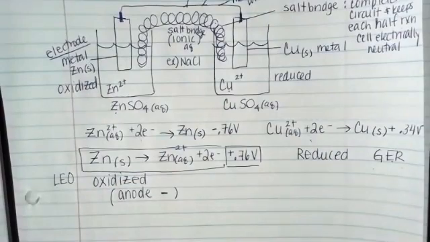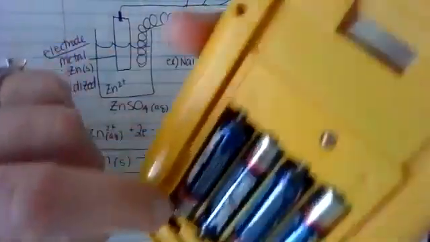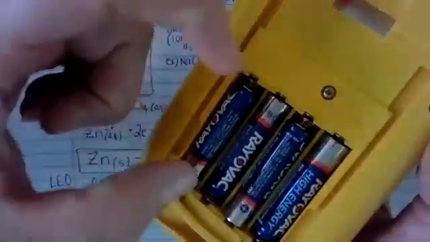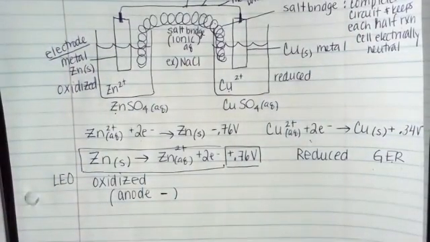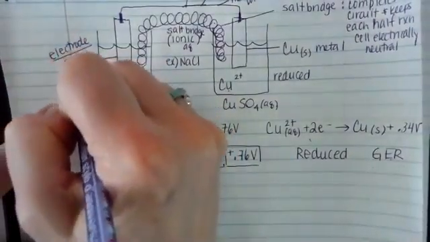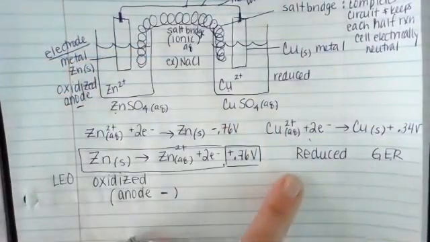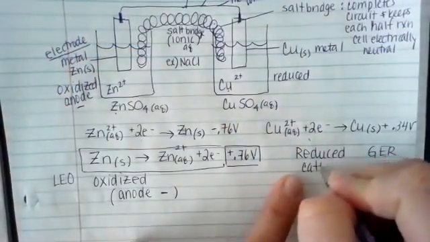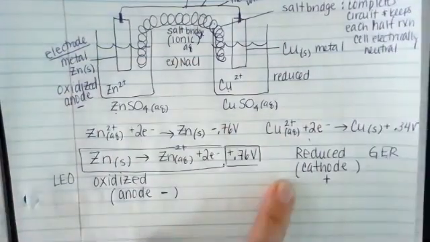When you're looking at a battery, you can see that they're labeled positive and negative, and you need to put it in accordingly for the electrons to flow properly, for it to work. So the oxidized side is called an anode, and it's negative. The reduced side is called a cathode,